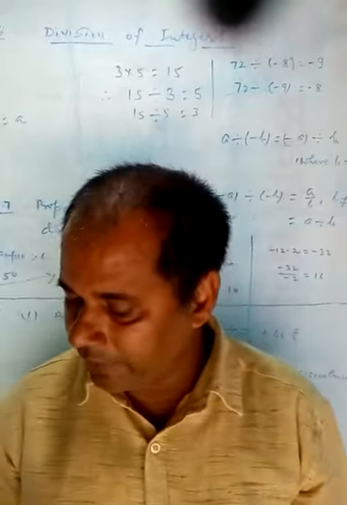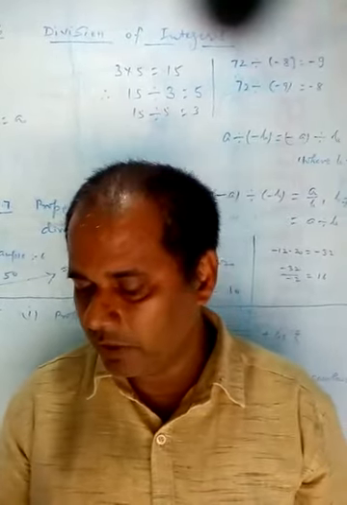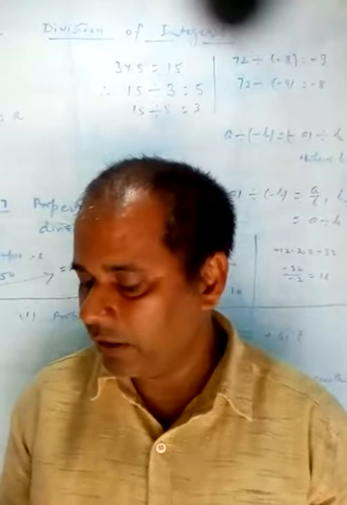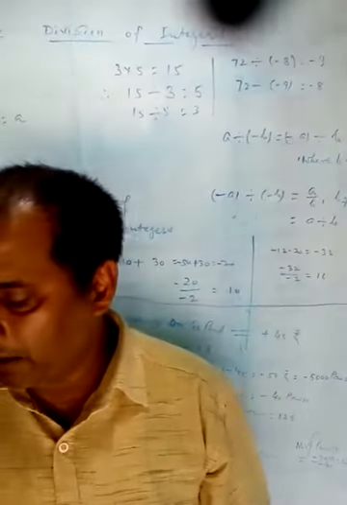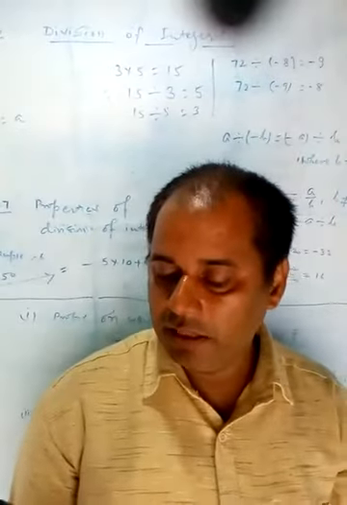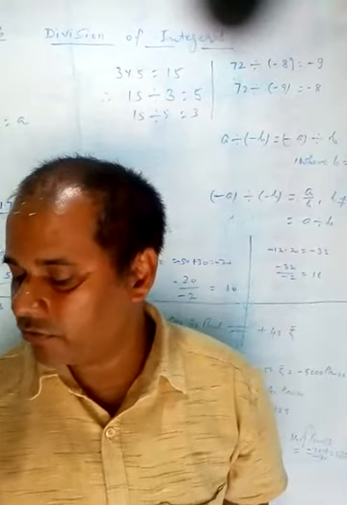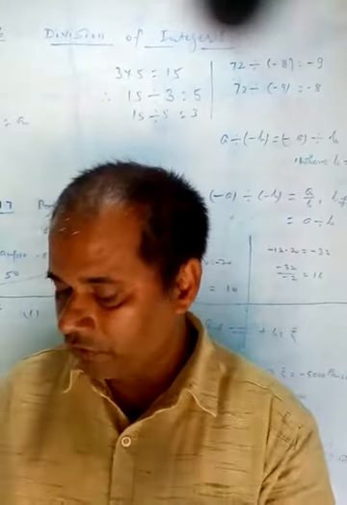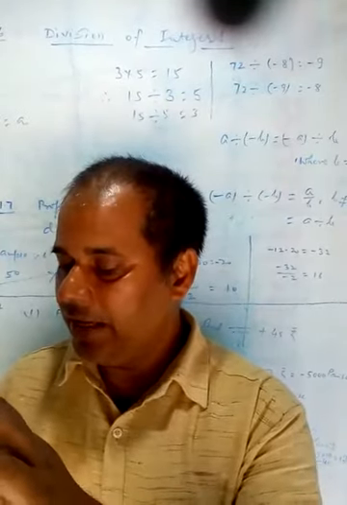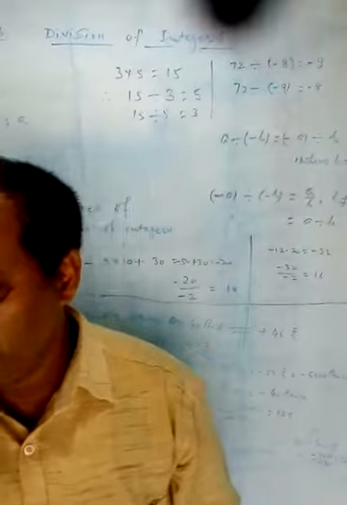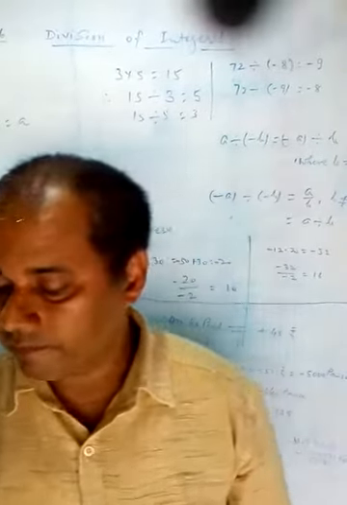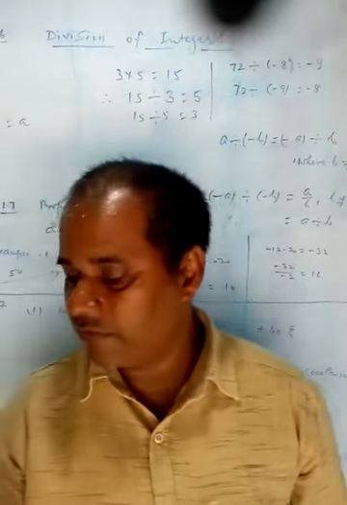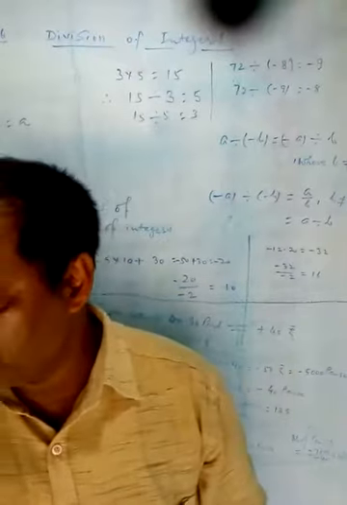What happens when we divide any integer by minus 1? Complete the following table. Minus 8 divided by minus 1 is equal to 8. 11 divided by minus 1 is equal to minus 11. Minus 13 divided by minus 1 is equal to 13. What do you observe? We can say that if any integer is divided by minus 1, it does not give the same integer. Try these. Some questions are there, you have to find out and check also.